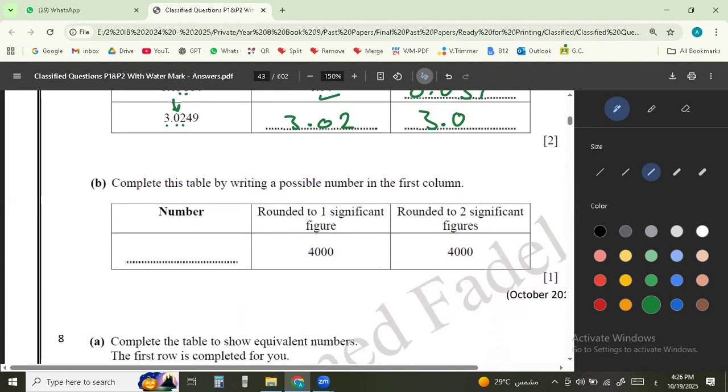Complete this table by writing a possible number in the first column. What is the number that, when rounded to one significant figure, gives you 4,000? When rounded to two significant figures, it also gives you 4,000. Well, what am I going to need here? You can say, mister, rounded to one significant figure, I'm going to put here 4, 0,